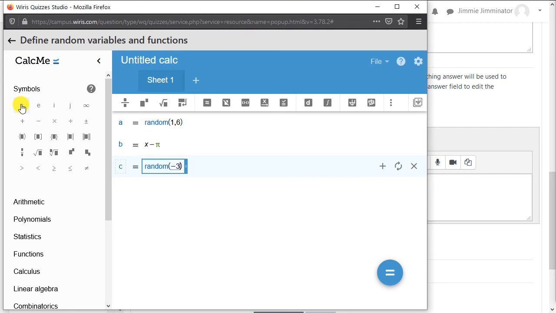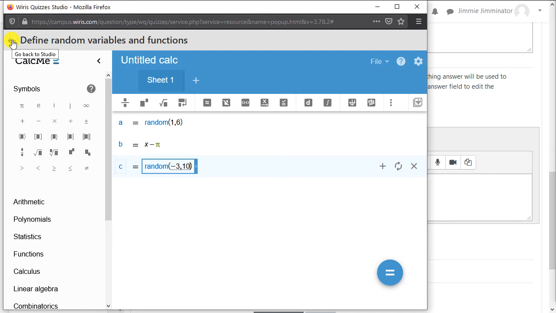The environment is a computer algebra system, which means variables can be numeric as well as symbolic. By using some of our random functions, we can make a variable take on a random value in a range we specify, then different students viewing the question would have different questions with different answers. This is a typical scenario for use of variables, but with a bit of creativity, there's a wide variety of possibilities.